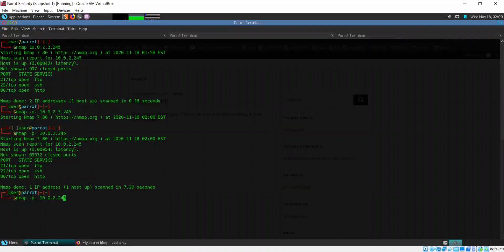Let's try running further scans on these ports: a service version detection scan and a vulnerability scan. And I'll specify ports so that we only focus on these three: 21, 22, and 80, because I don't want to waste time scanning ports that are not open. We know that there are only three ports, so we can just focus on them.